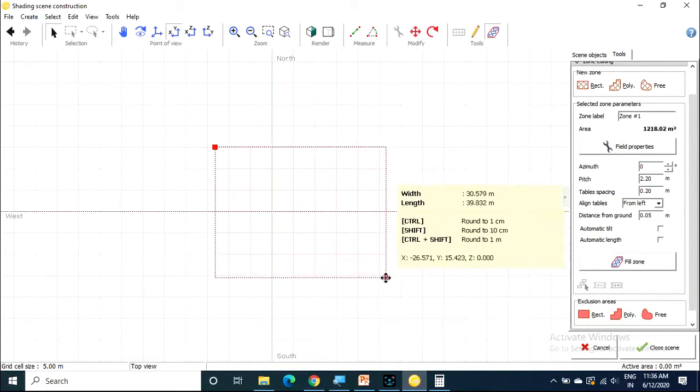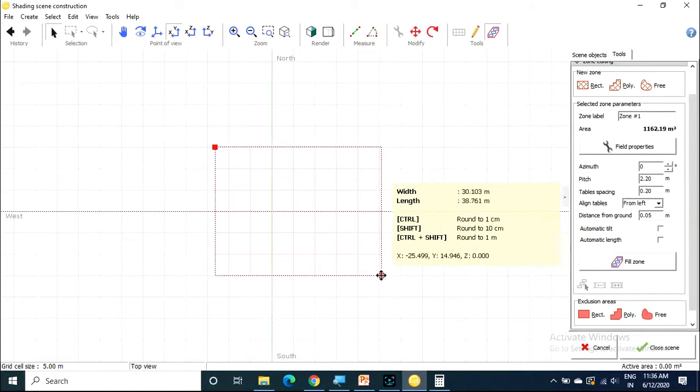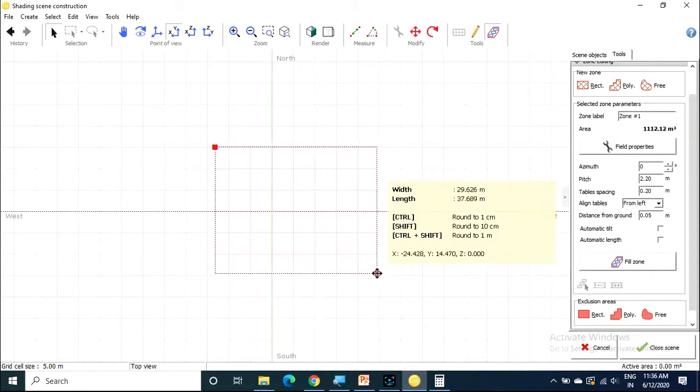Right. See here, up to 1100 I will choose. Why? Because I am taking 551 times 2.